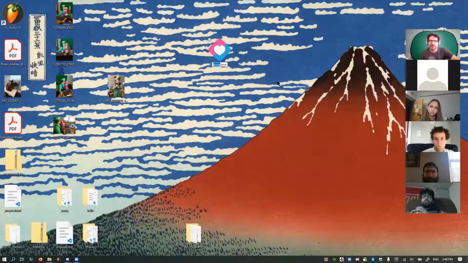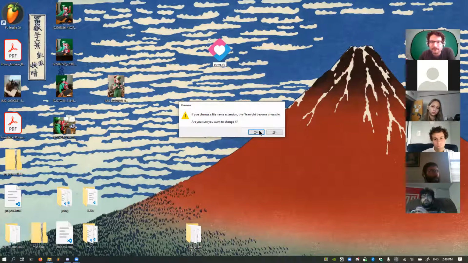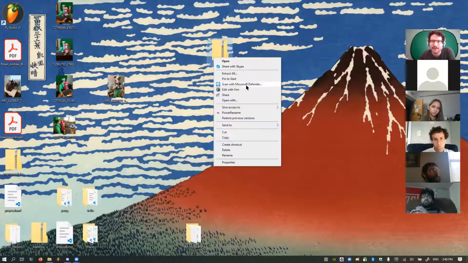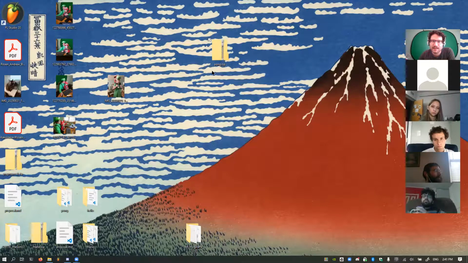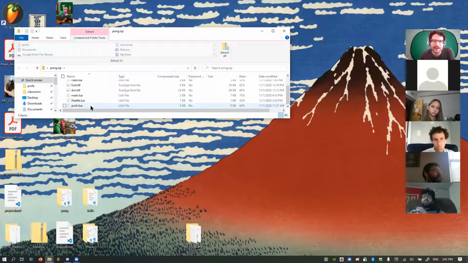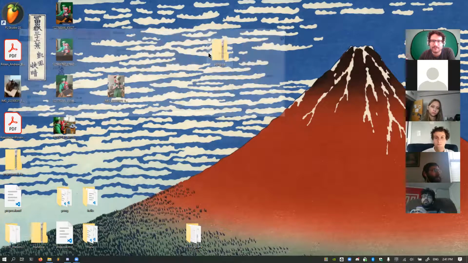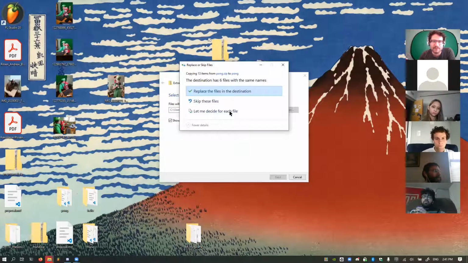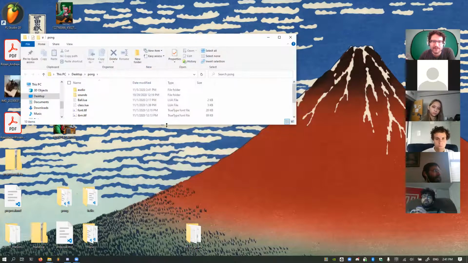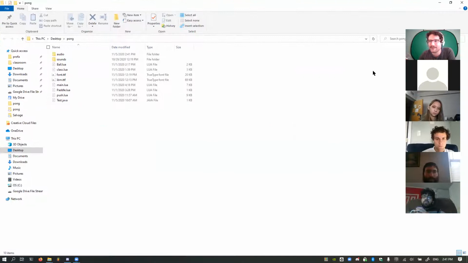Rename it from pong.love to pong.zip, and boom, there. And now it thinks it's a zip file, which it originally was, and now I can open it, and here's all the code for it. Pretty cool. Extract all, remove it in Pong, place all these things. So that's the easiest way to distribute to somebody who has love.